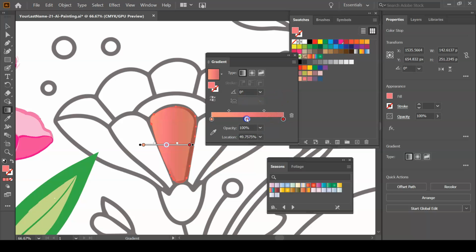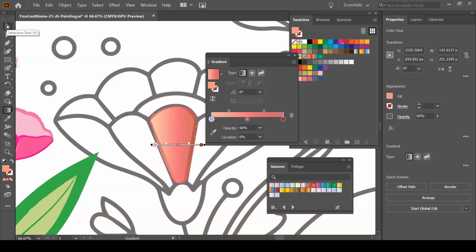Adjust your gradient colors. I can change the opacity. And now I've made a custom gradient, and if I want to save that gradient into my swatches to apply it to other objects,